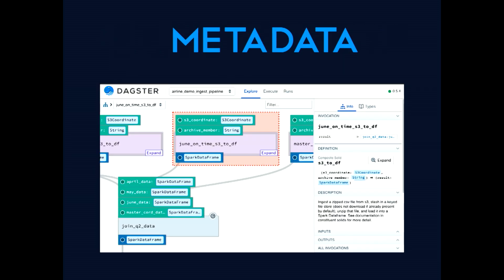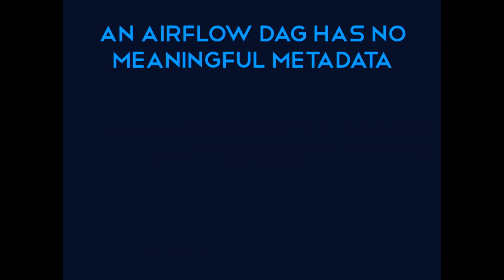I'm kind of jumping around here. So let's talk about metadata. As I said, this is our system, and just to contrast what this DAG looks like in comparison to Airflow's DAG here, this has descriptions, types, you can get a sense of what's going on. We actually have a first-class composing abstraction, meaning that it's a function, so functions can call functions.